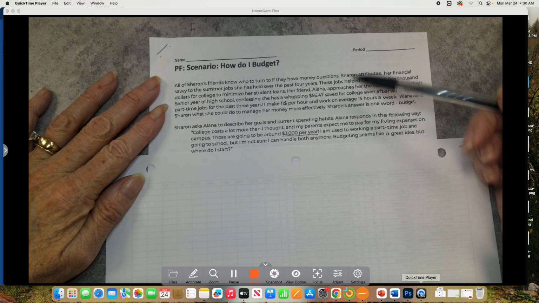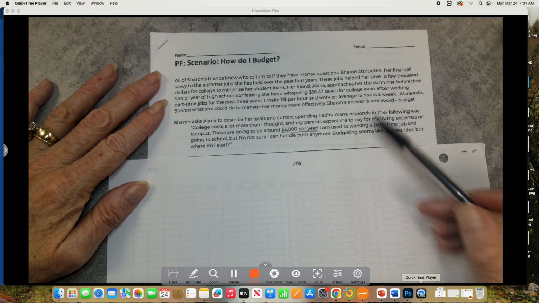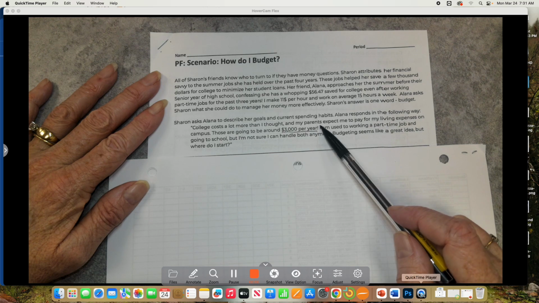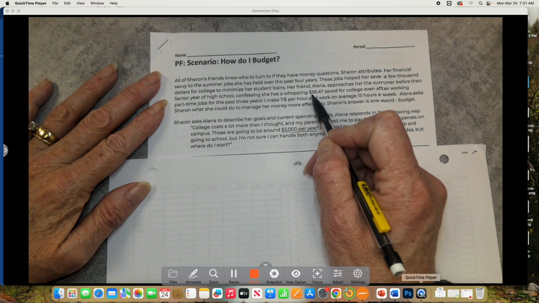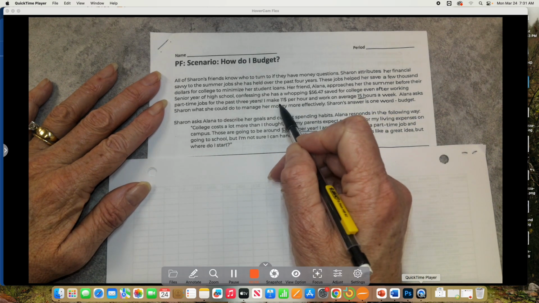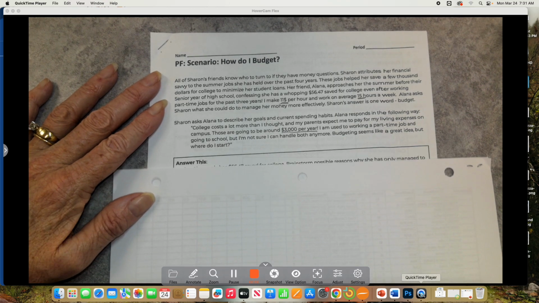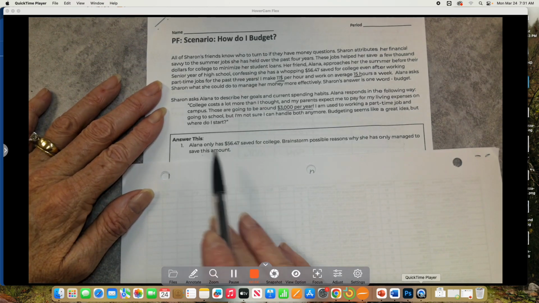On this sheet, the first thing I need you to do is to read the scenario. Alana is trying to save $3,000 per year for college. She currently is working 15 hours per week, making $11 an hour. First question says, Alana only has